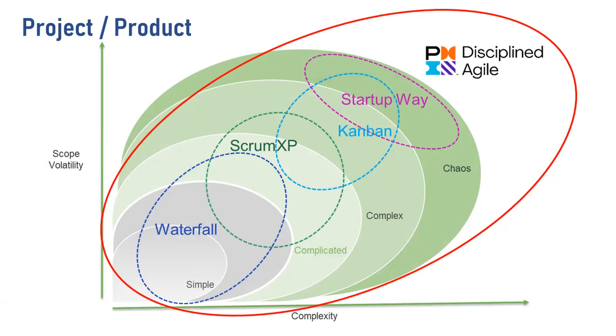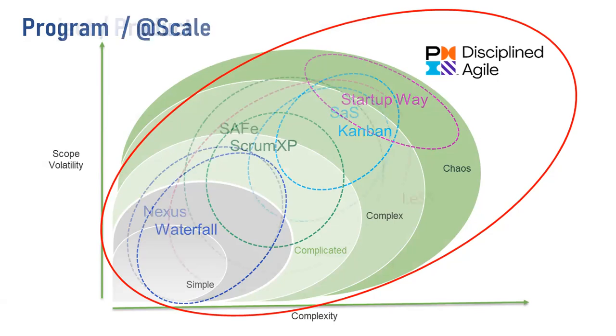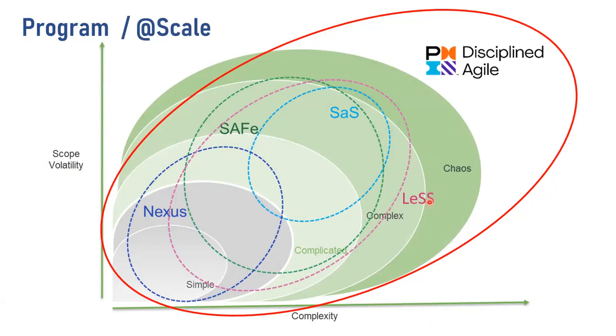And look how this mental model can also be reproduced at the program scale. So you have Nexus and Scrum at Scale and SAFe and LeSS. Exact same model. These frameworks make choices, and these choices are dependent on or reflect the level of complexity or complicatedness that your context reflects. And basically, again, you can't do Disciplined Agile. Disciplined Agile just shows you all your choices, right? So very important to understand that. And we'll get into what the repercussions of that are a bit later.